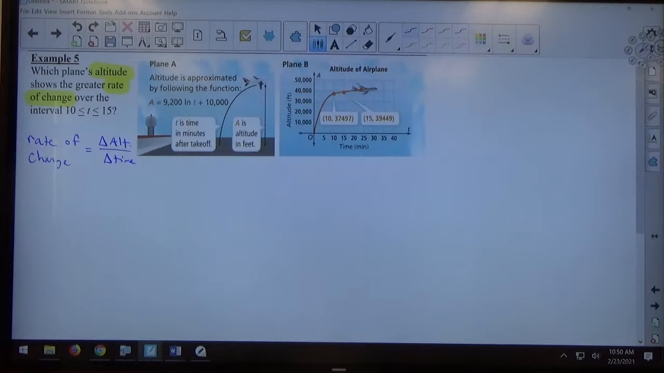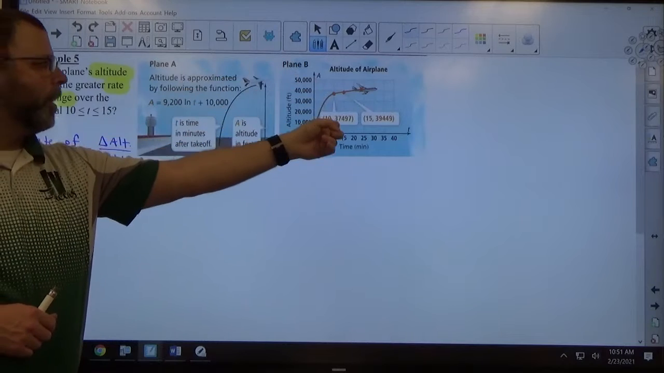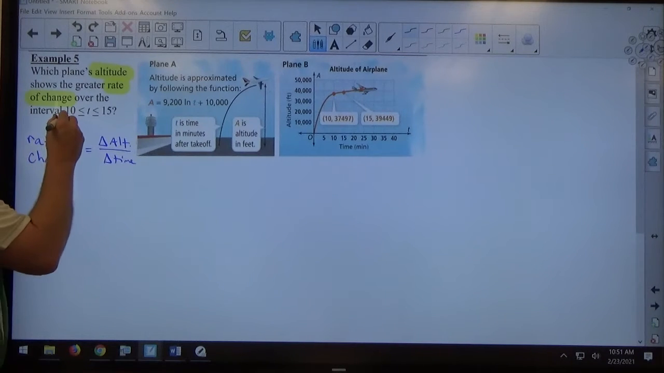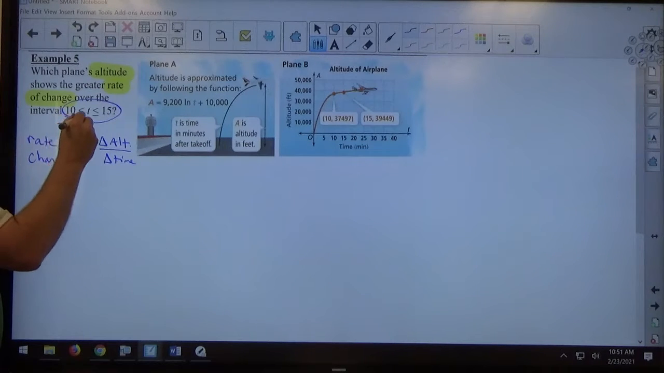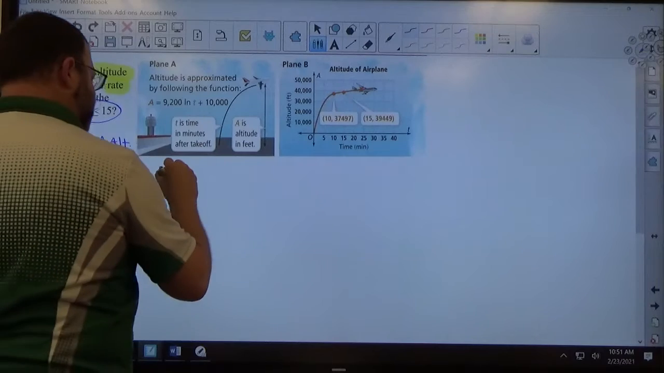So we have two different planes here. One plane we're given a function. Second plane we're given a graph. And we got information that tells us what we need to know in order to figure out the rate of change for the time interval from 10 to 15. If you look at the time interval, it's about the letter t. They're telling me what t equals, and t is time, so they're basically giving me information from the bottom here. So if we look at plane A,